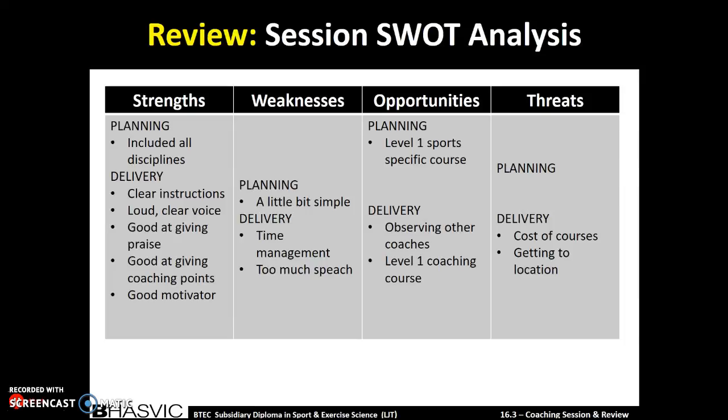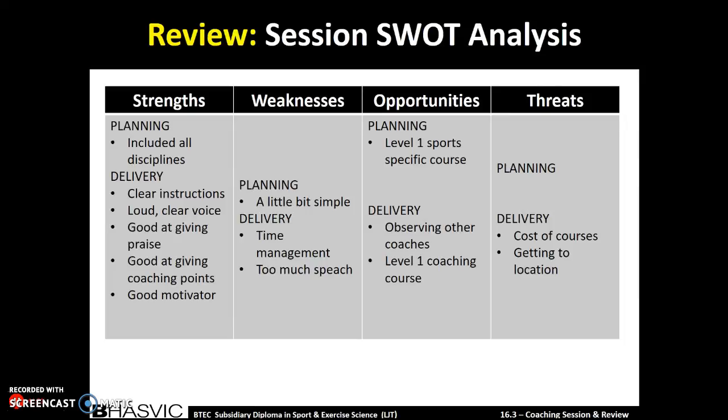The second threat is the locations of where these opportunities are. To get to some of the courses, I would have to pay for public transport because it is not close enough to be a walking distance. So I'd have to make sure that I allow enough time in my day to travel to and from the session, and obviously do the session as well, which may cause some problems.